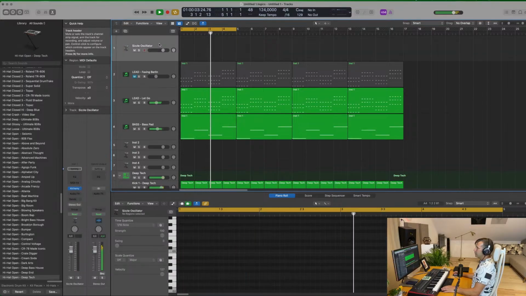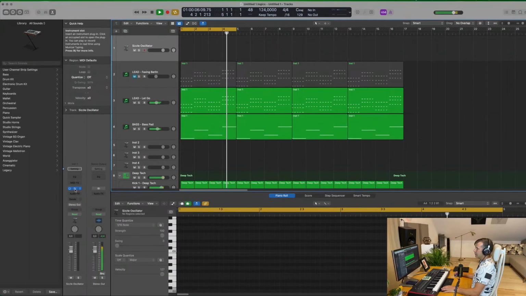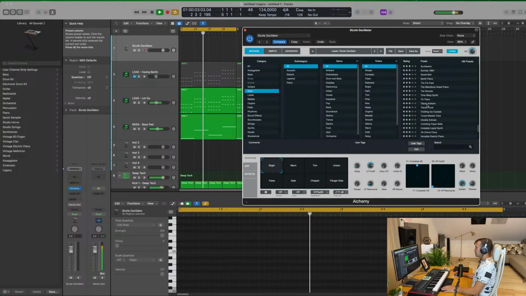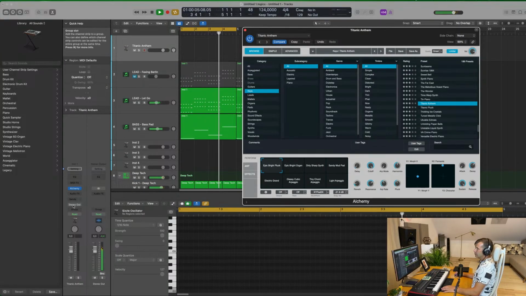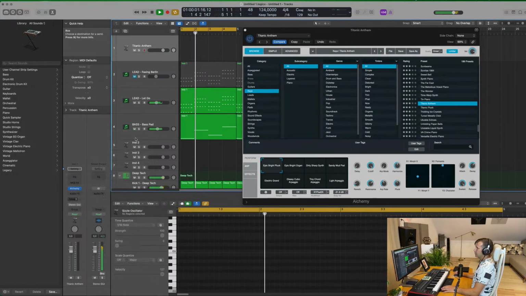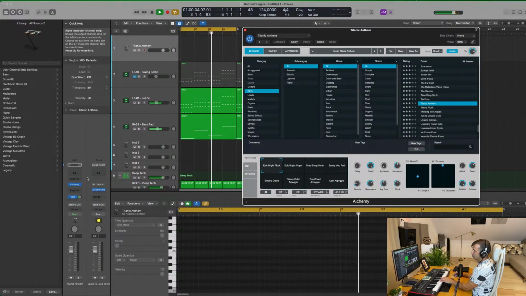Now I'm thinking of some kind of glassy lead, a bit epic. Then we'll go keys. And this one I'm going to, of course, send to my Reverb bus that I created, because I don't want it to be so dry that when I play it's